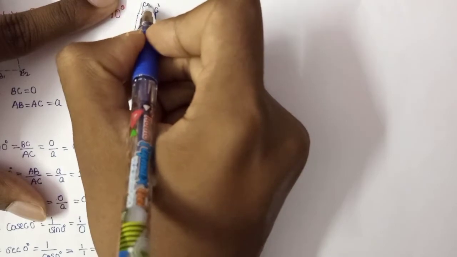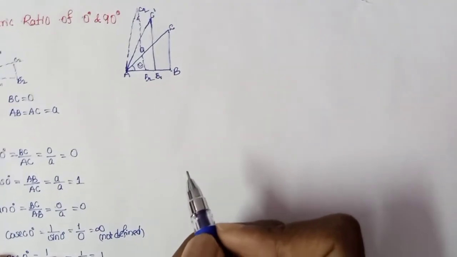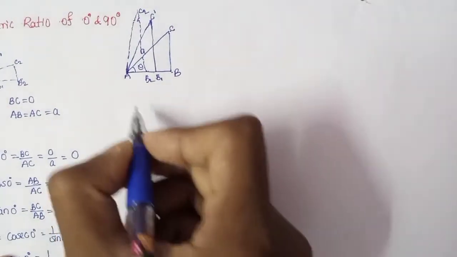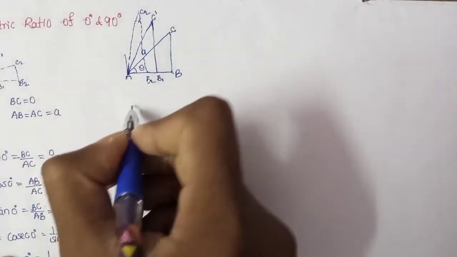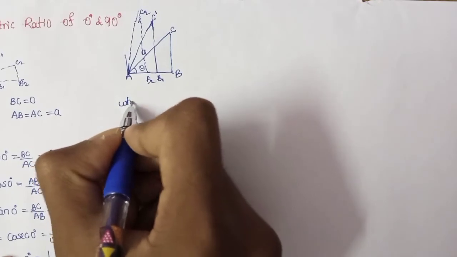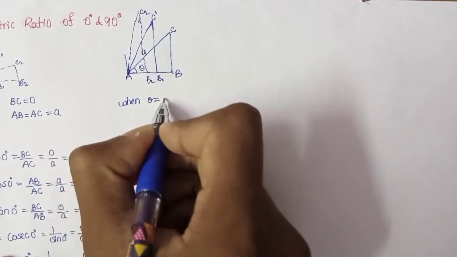This is C2. So what you can understand here is, as theta increases and becomes 90 degrees,